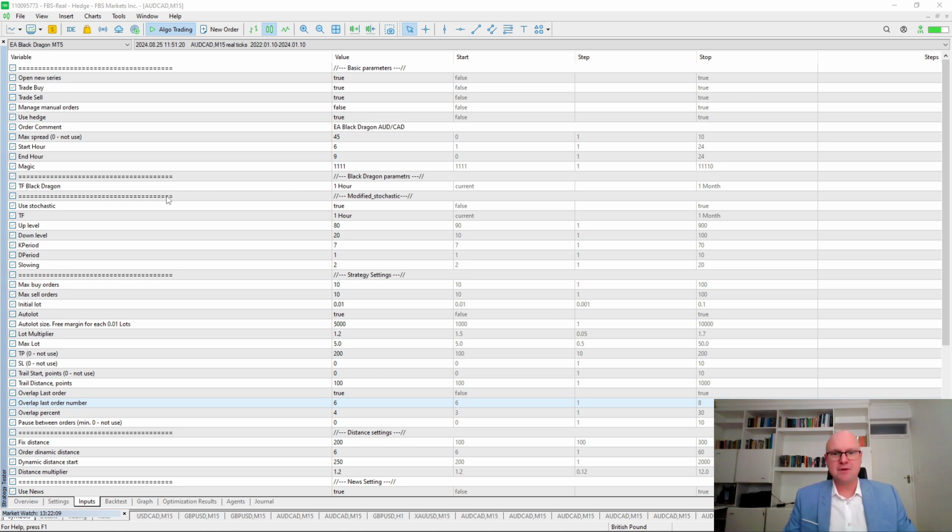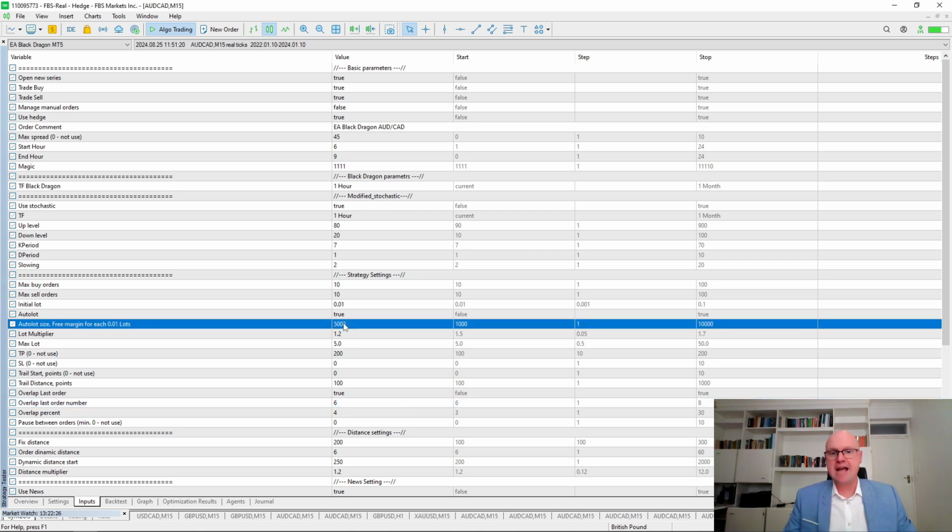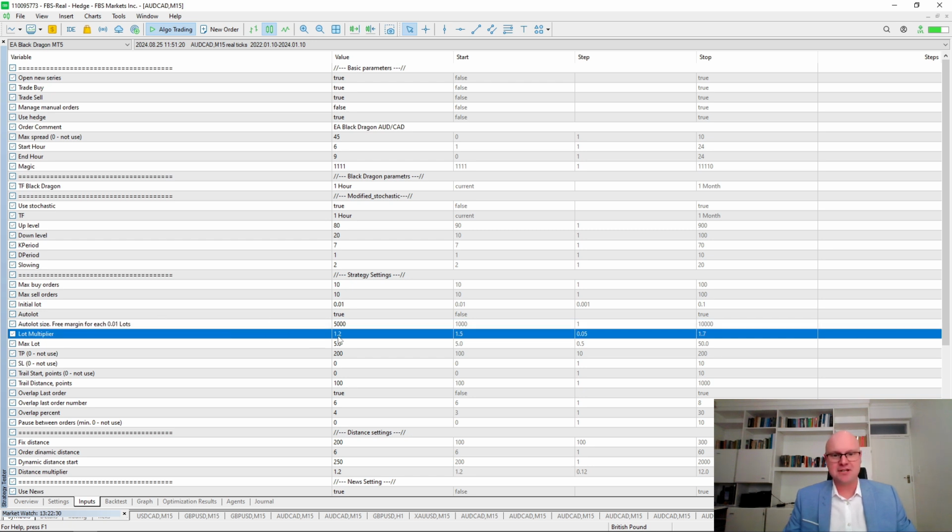Now, the first one that we'll be looking at is a more conservative approach. However, it does allow bi-directional trading. It trades from 6 in the morning until 9 in the morning, and it is allowed to trade in both directions. I use the hourly Black Dragon indicator and the hourly stochastic filter and a 5,000 lot size, which